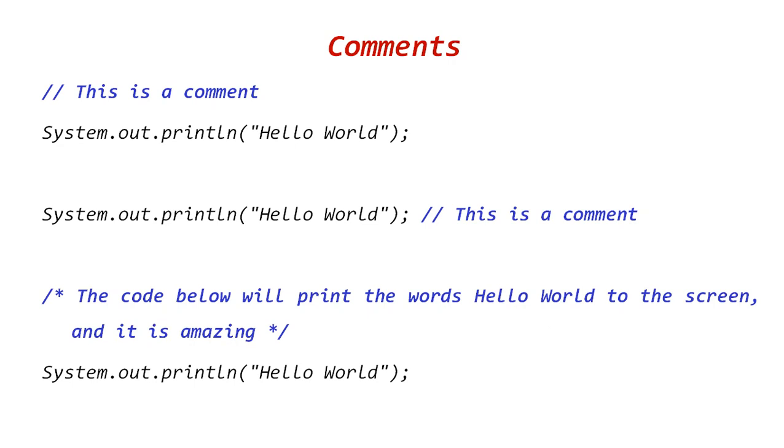Now what about comments? If I am using double slash, it's a single line comment. You can write it anywhere in the program like this. System.out, it is the program and you can write above the program, along with the program, anywhere. If you have to write multiple line comments, you have to use slash then star and end with star and slash. You can use this, then you can write System.out.println hello world like that.